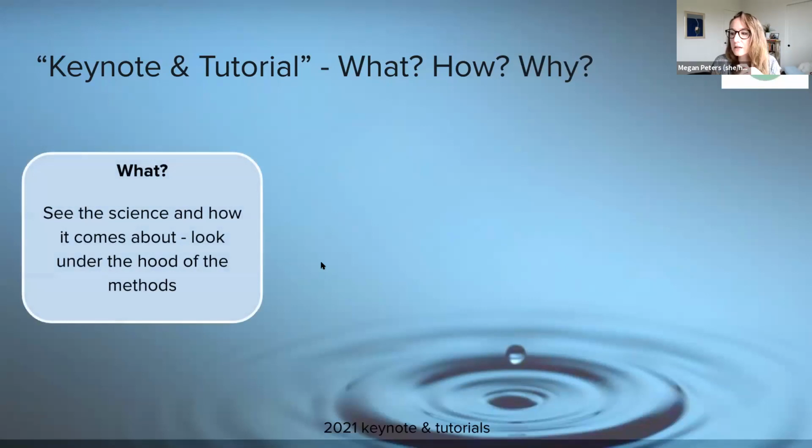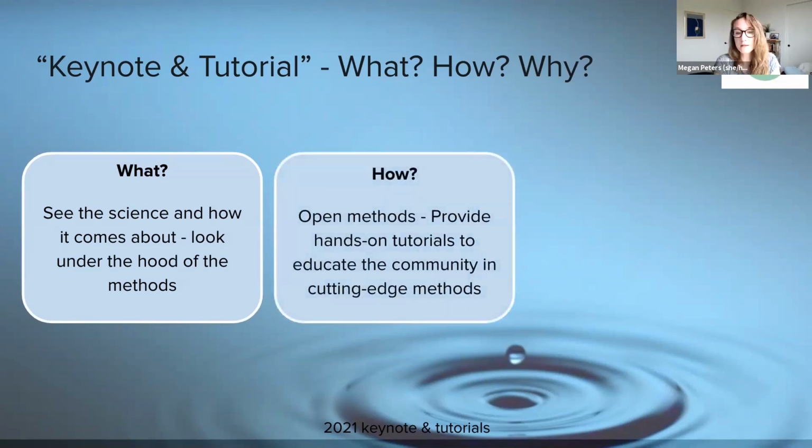So the idea here is that we want to not only in these keynotes see the science and how it comes about, but we want to actually look under the hood of the methods and really be able to ideally apply those methods to our own science in the future. And so this will happen in a hands-on tutorial that will follow today's keynote, where you can actually open Google Colab, and there will be links provided in the chat at that time and on the screen. So you can open the Google Colab and actually run the code,